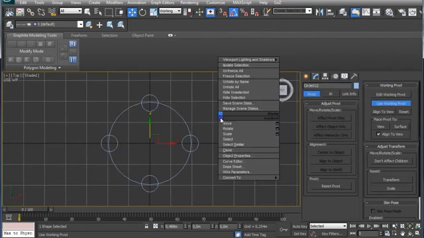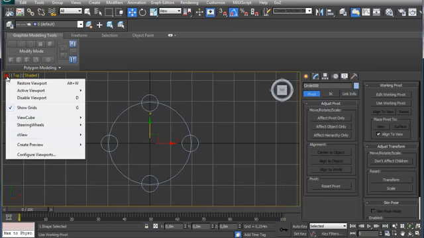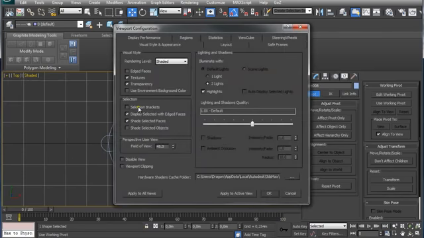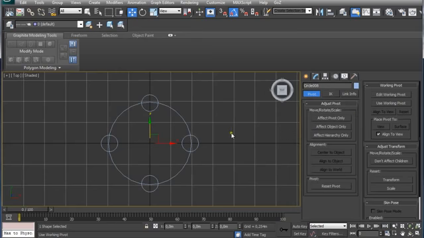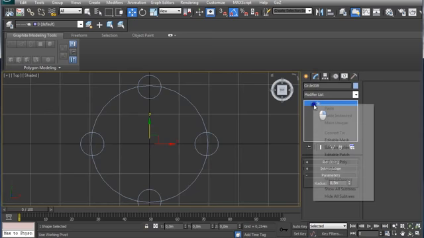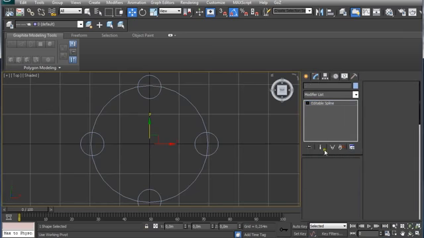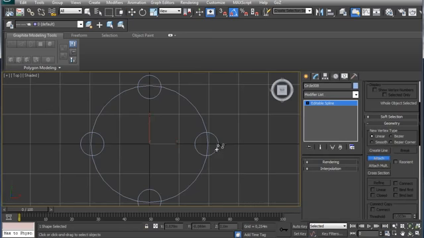Now I'm going to click on use working pivot to deselect it, and I'm going to select the center part. I'm going to make sure it's visible what I'm selecting. Okay, I selected the center one, and I'm going to right click on it and select editable spline. Now I'm going to go down here to attach, and I'm going to attach these 4,